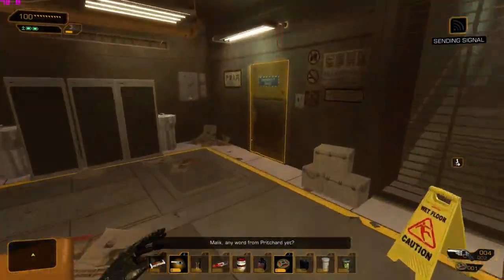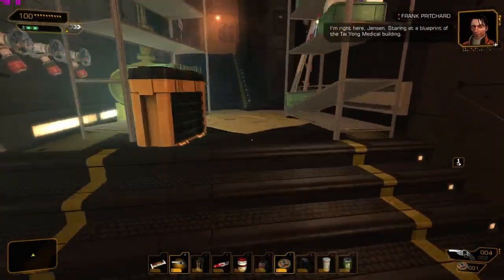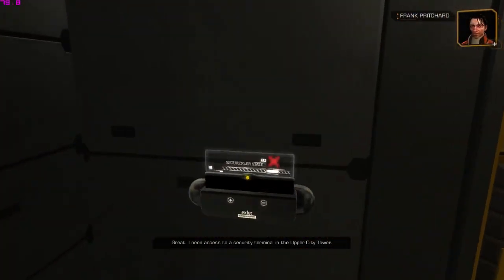Malik, des nouvelles de Pritchard? Je suis là, Jensen. J'étudie le plan de l'immeuble de Tai Yang Medical. Parfait. Il faut que je puisse avoir accès à un terminal de